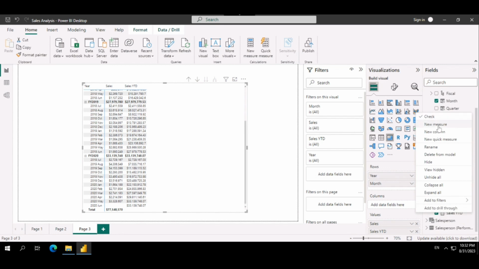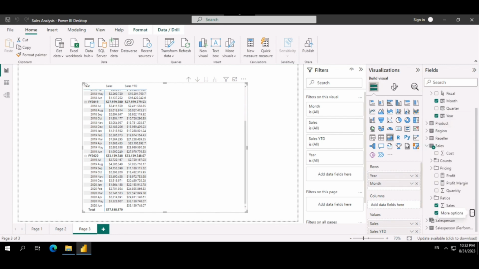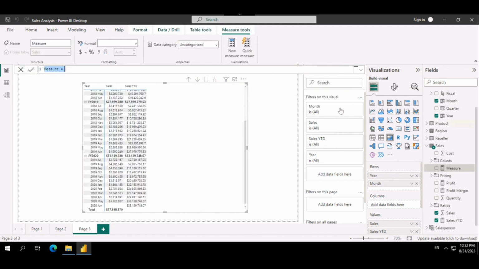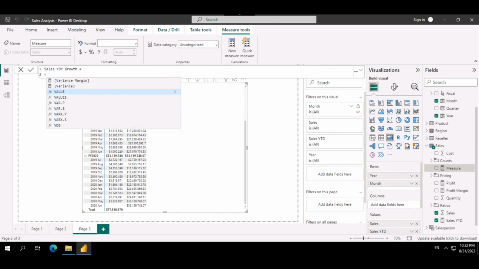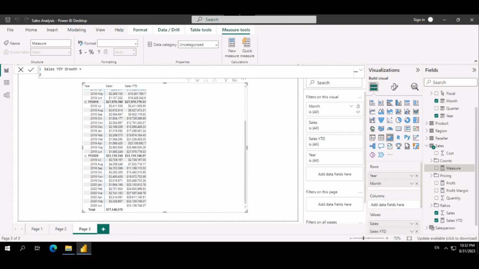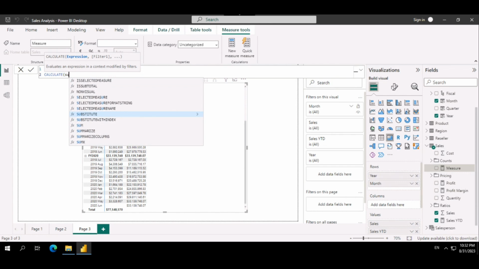We will now create another measure that calculates year on year growth, and this is specific to the date, comparing with last year's growth in terms of the sales. Sales YOY growth equals, now what we're doing is using the CALCULATE function, sum of sales,